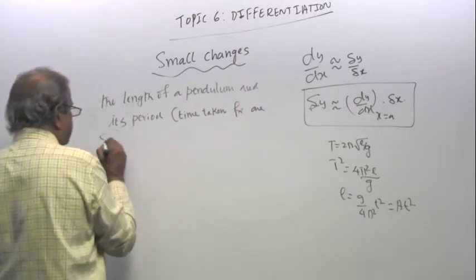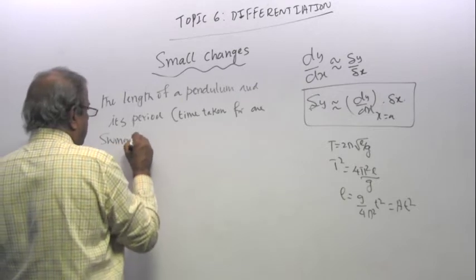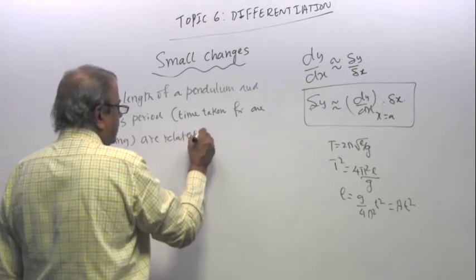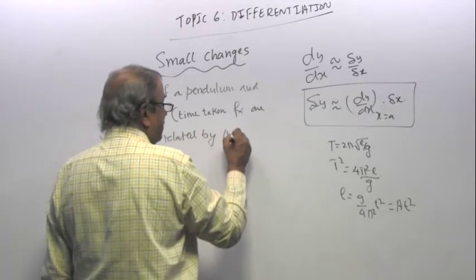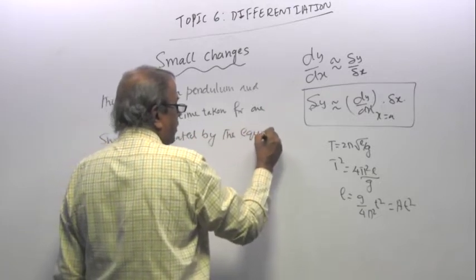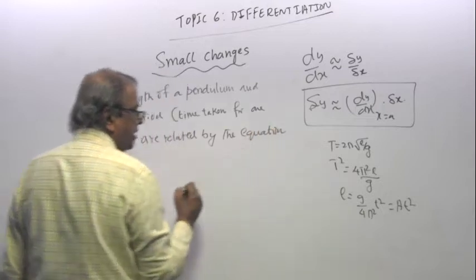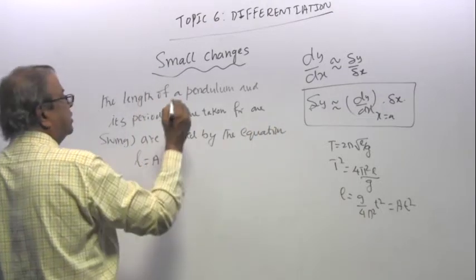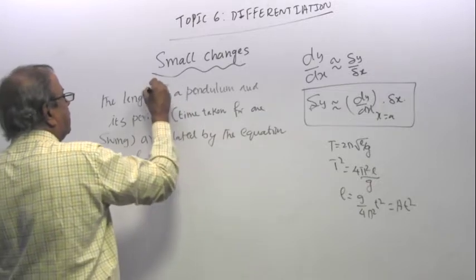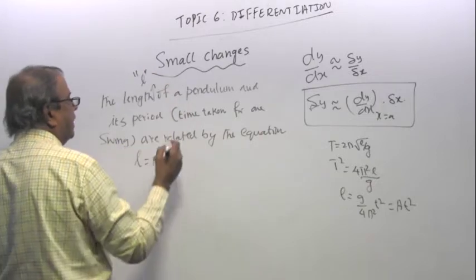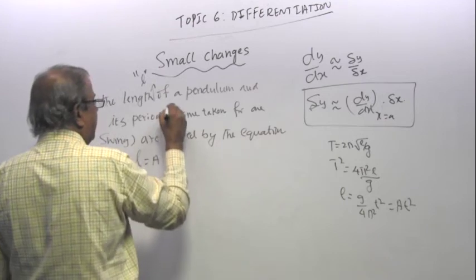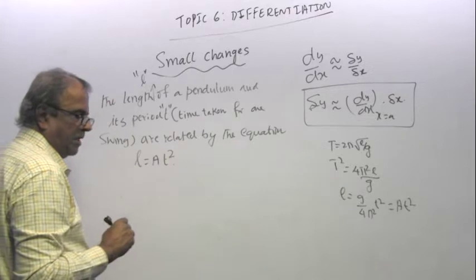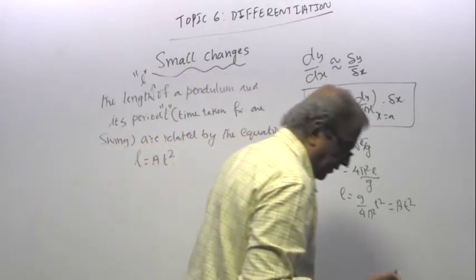One swing, are related by the equation. I'm just making up these questions. The length L of a pendulum and the period T are related by L equal to AT squared. So what they're asking you to find is,